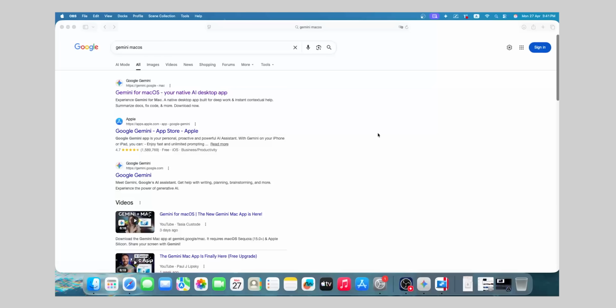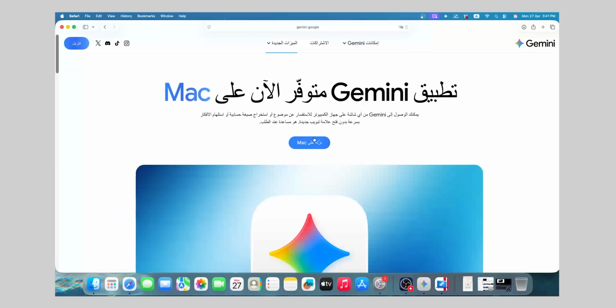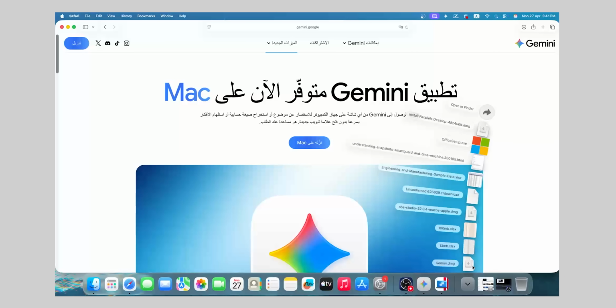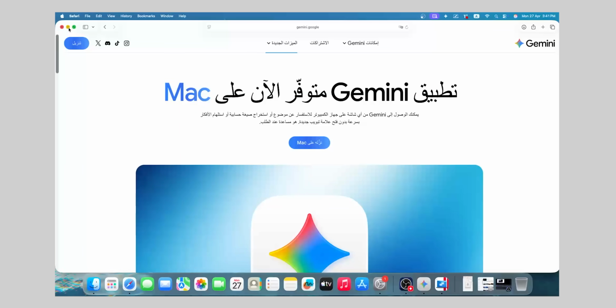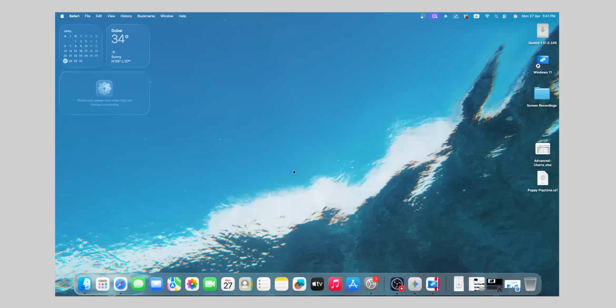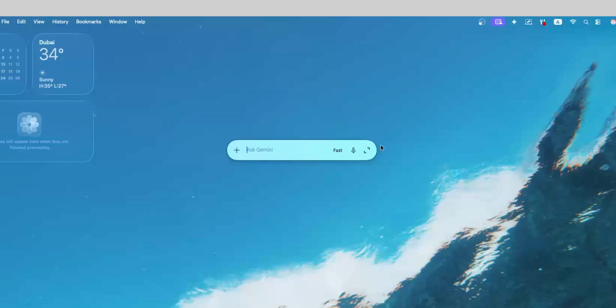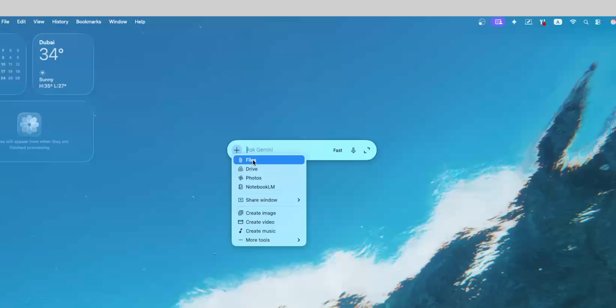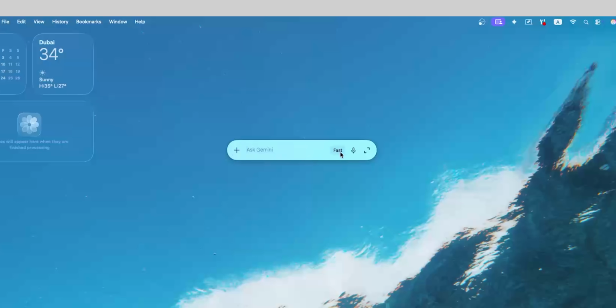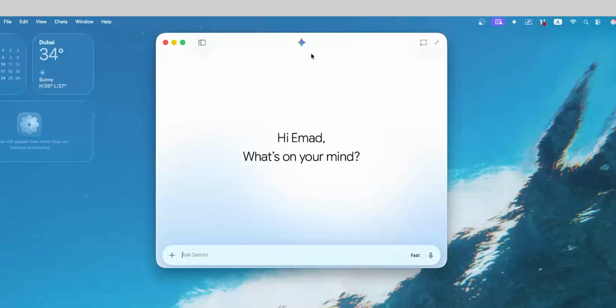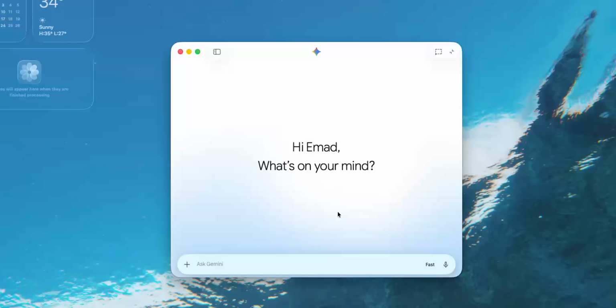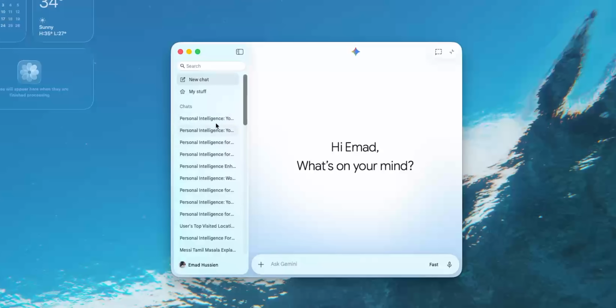And lastly, Google released a native Gemini app for macOS that you can get using this link. It downloads a DMG file on your Mac that you can install normally. And the best feature about this app is the ability to press Command-Space to get quick access to Gemini. This overflow menu gives you access to everything you might need. Under the plus menu, you can change the model, activate the mic, or switch to the full size app. From here, you get the same exact functionality, and under the side menu, you get your past chats, new chat,